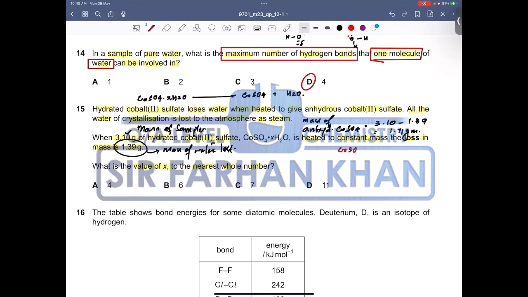This is cobalt(II) sulfate. Its mass is 1.71 and mass of water is 1.39 divided by 18, which is the Mr of water, divided by 155, which is the Mr of cobalt(II) sulfate. And guys, you need to calculate this Mr on your own because it's not given in the question. And for that, you need to refer to the periodic table. Okay. So from here,